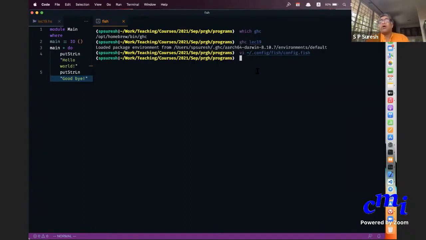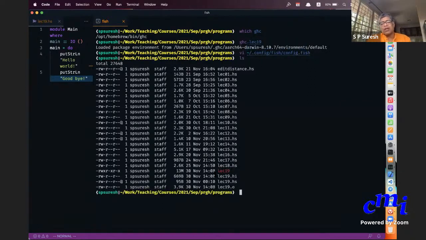But my lec19, which is an executable, let's get back to lec19. It is in this directory, and this is not in my path. So you need to specify the directory also. You need to give the full path, as they say. There are always some shorthands in Unix for this. Dot is a shorthand for the current directory.